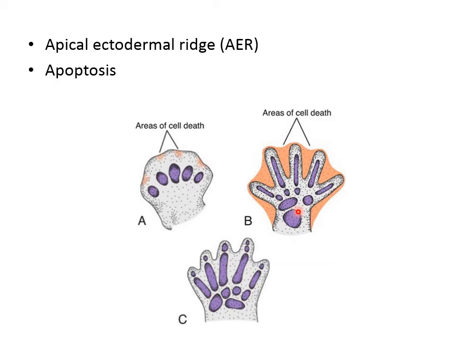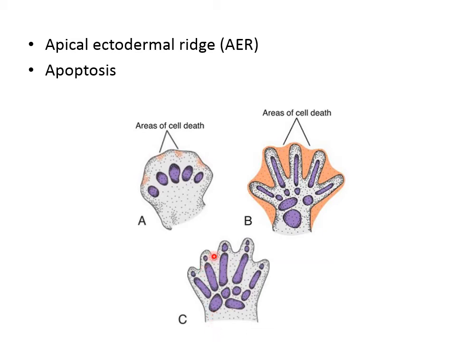In B, at 51 days, 3 days after the previous image, the areas of cell death become larger, and the cell death in the interdigital spaces produces separation of the digits and gives 5 parts of the ridge. In C, at 56 days,